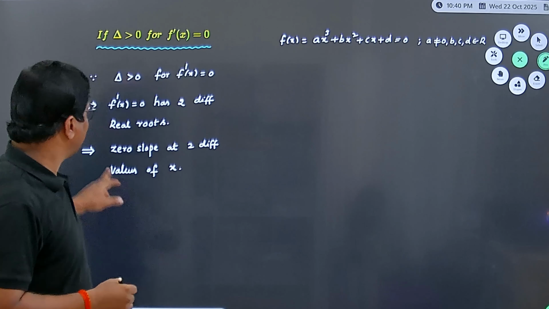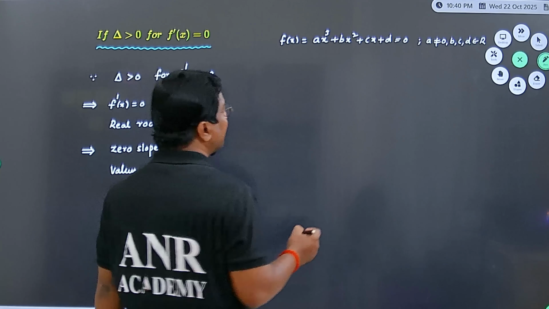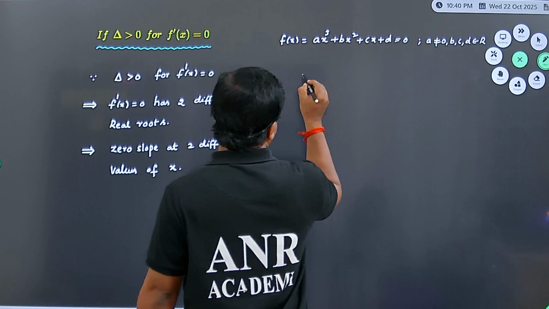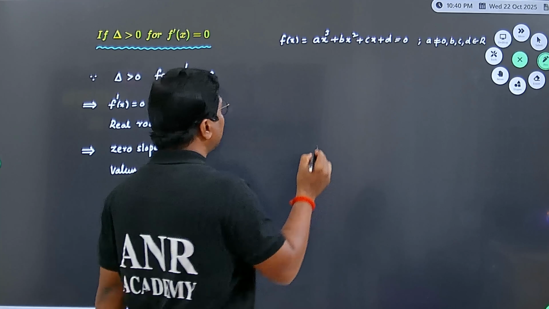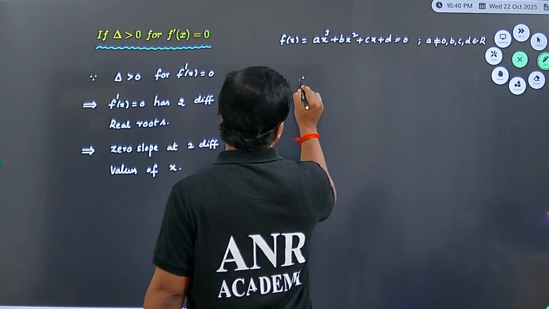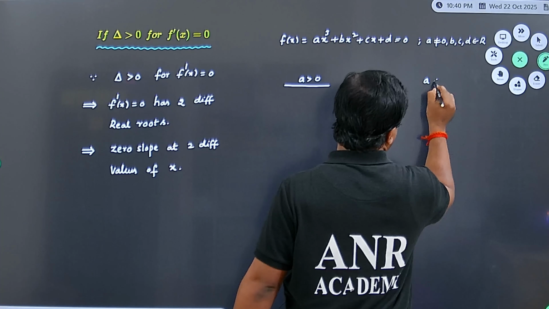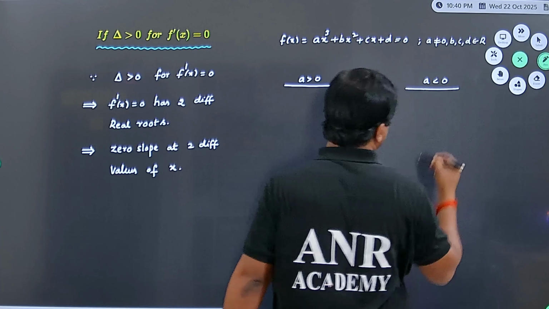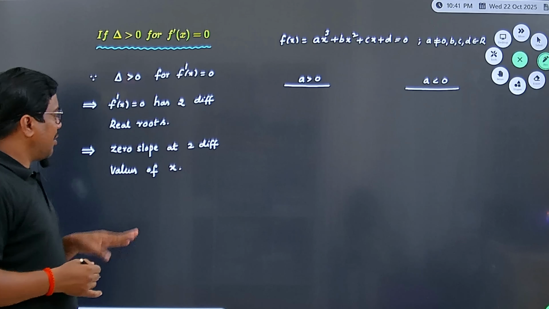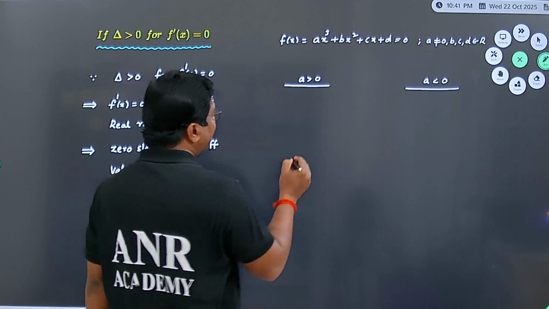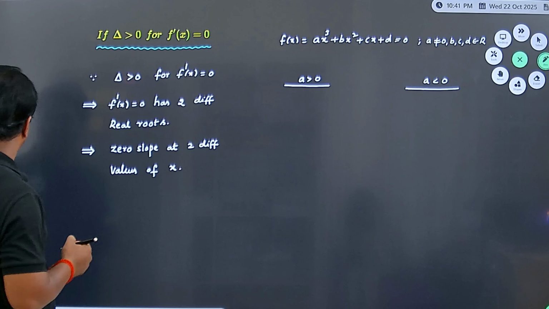Slope of the given function should be 0 at two different values of x implies depending upon the value of a, we get different diagrams. Suppose the value of a more than 0 and the value of a less than 0. Let us discuss the different cases. Slope must be 0 at two different values of x implies you can draw the third degree cubic polynomial as,